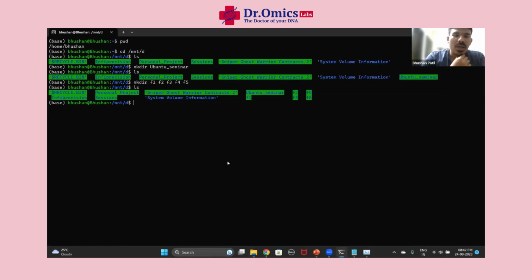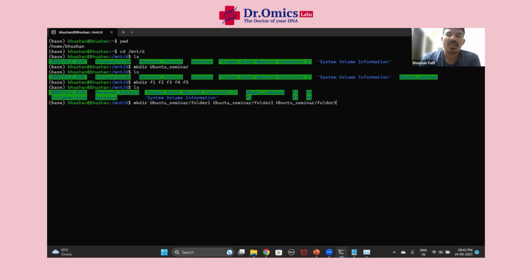By the way, you can also create a folder inside the folder using the mkdir command. Okay, and then I will say where I have to create. Let's say in the ubuntu underscore seminar, I will type here ub. I don't have to type the complete name, I will just press the tab here, and see, it has completed it. Then I will give the folder names that I have to create. Folder 1, then folder 2,